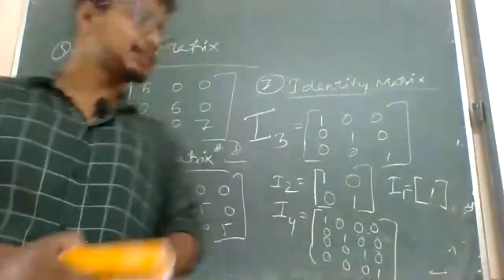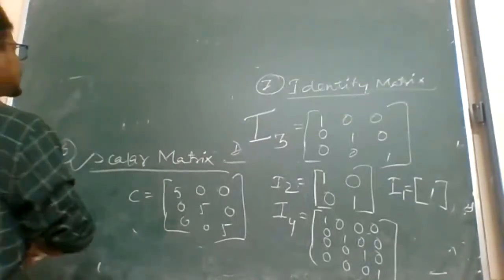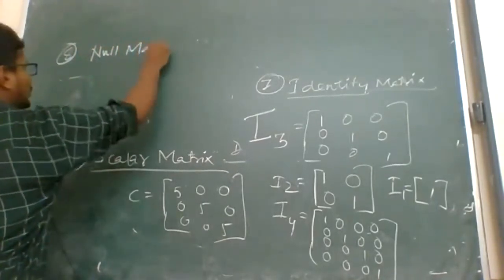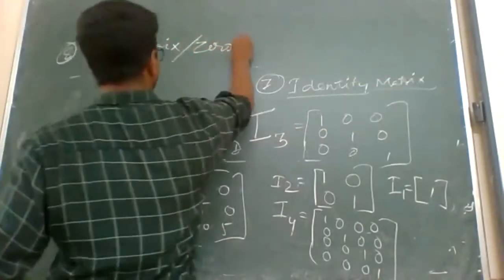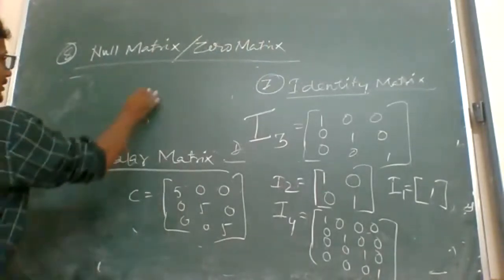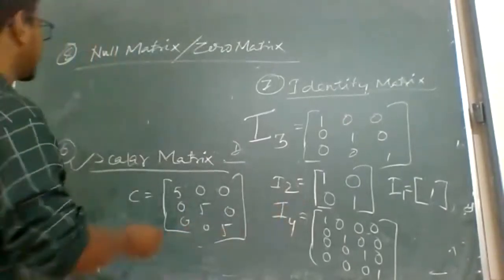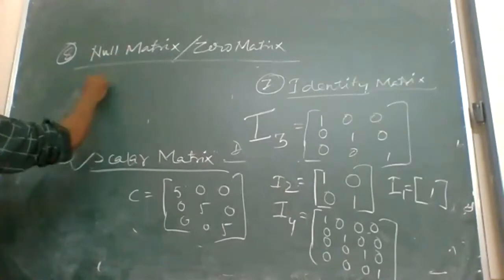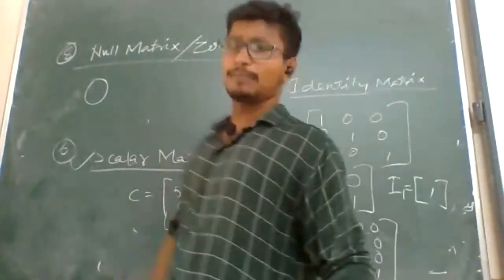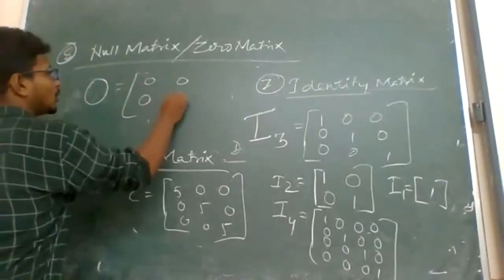Very good. Now the last matrix we have, that is what matrix? Null matrix or zero matrix. That is our null matrix. It's very simple. It is not only for the rectangular matrix. A zero matrix can be rectangular, or it may even be a square matrix also. This matrix is denoted by the symbol O. For a null matrix or zero matrix, all the elements will always be 0.